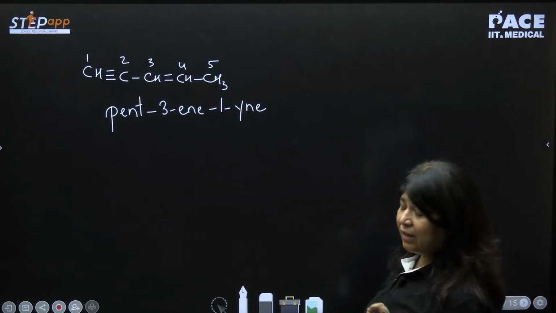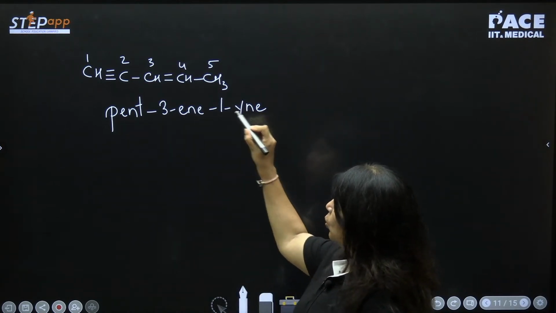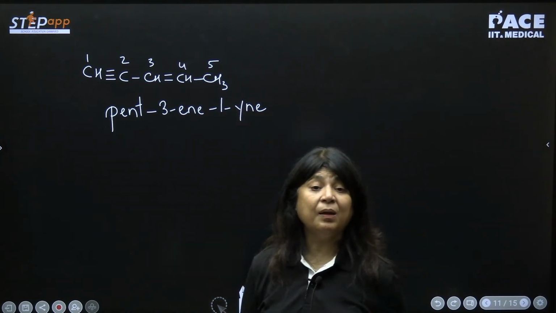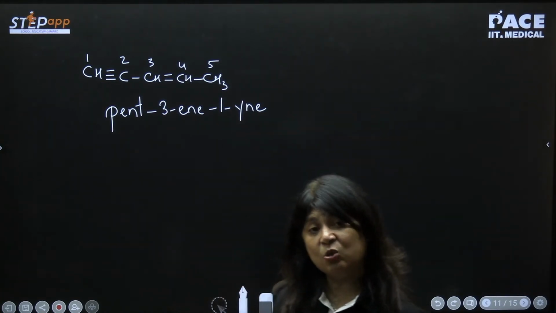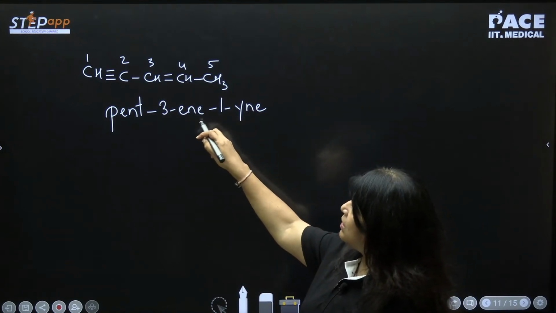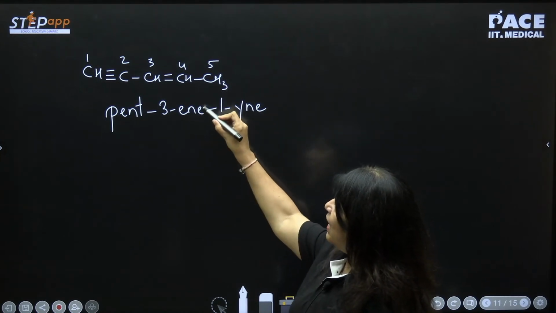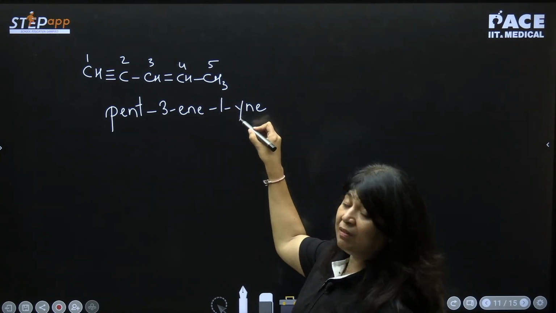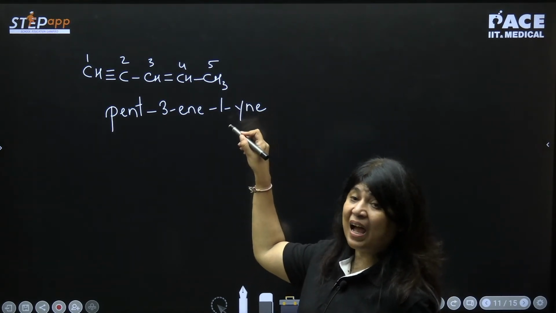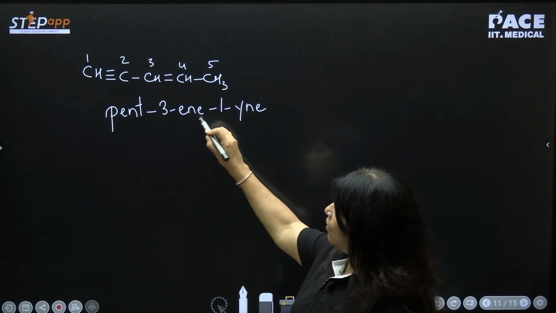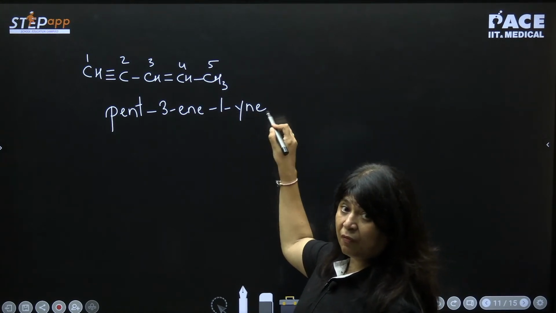But one change again has to be made. This is the root word. And these two, ene and yne, are the primary suffixes. They indicate whether the compound is saturated or unsaturated. This is one primary suffix and this is one more primary suffix. This one is ending in a vowel and this one is beginning with a vowel. Now you will say this is not a vowel, but it makes the sound of a vowel, that is I. So when one primary suffix ends in a vowel and the other primary suffix sounds like a vowel, what I'll